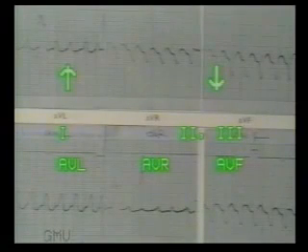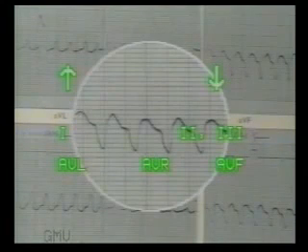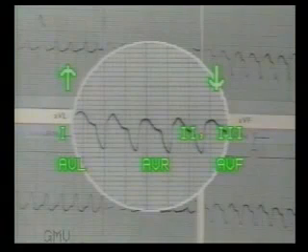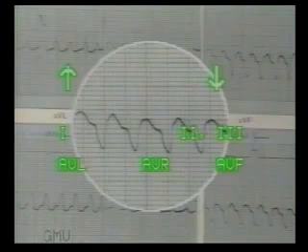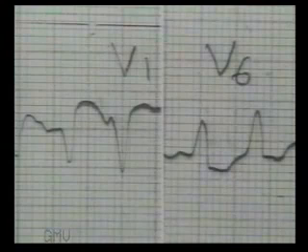Now this ECG has a rate of 185 per minute. The QRS complexes are broad with left axis deviation, positive QRS in lead 1 and negative QRS in lead 3. So let us observe leads V1 and V6. This is a typical left bundle branch block pattern with broad RR dash, without Q wave in V6 and deep QS in V1. So this is supraventricular tachycardia with left bundle branch block.